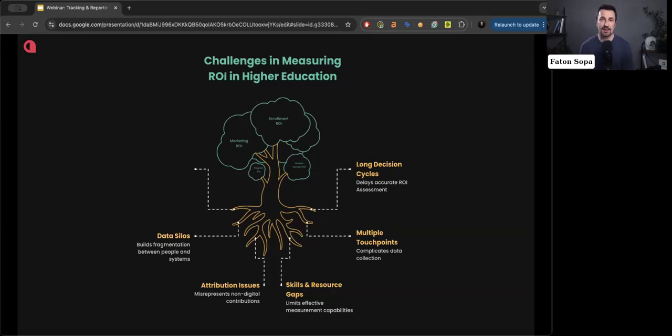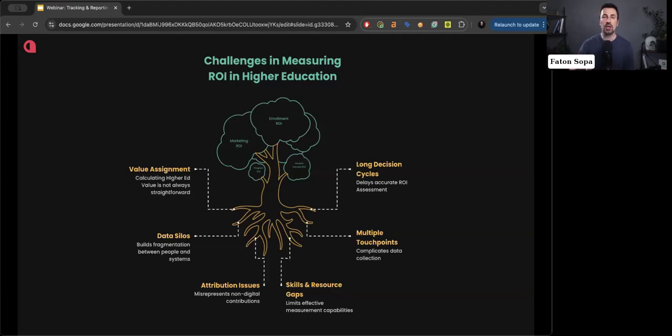So when you have data silos, this builds blind spots that you're going to need to overcome if you want to measure the ROI. Then last but not least, assigning a value to your higher education marketing efforts is going to be a challenge.